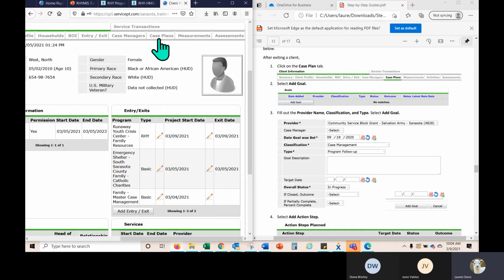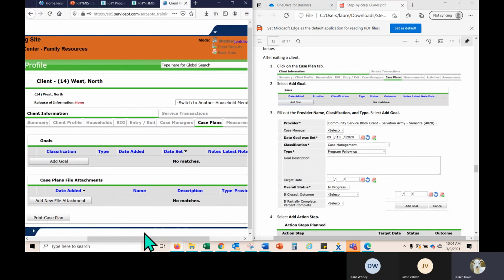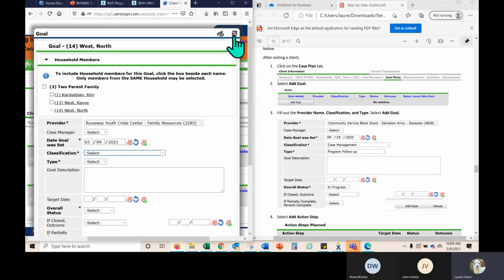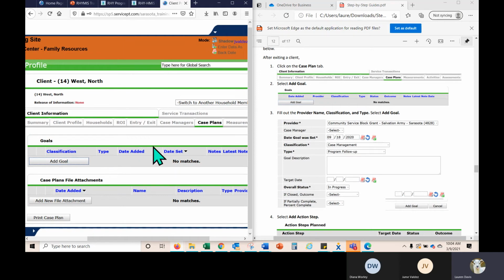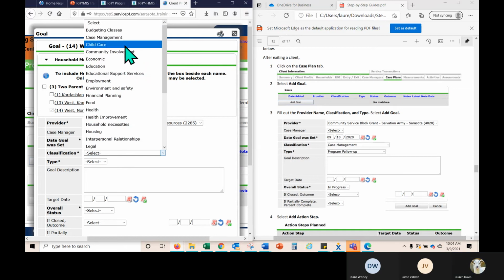And you may absolutely, Diana, if there's another way that your agency is creating these little reminders for yourselves, please do whatever is best for your workflow. But the way that I train other agencies and other projects to do post-exit follow-ups is to add a goal to a case plan. And this is going to be for your reference. So you are going to, let's just make it very general.